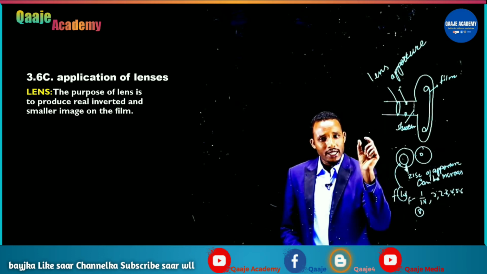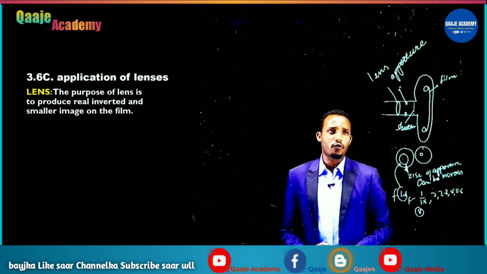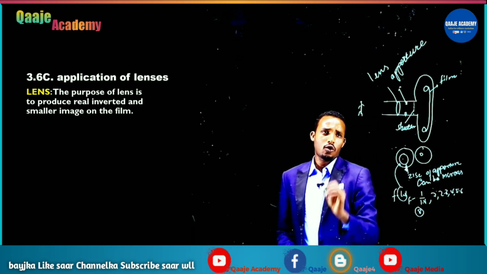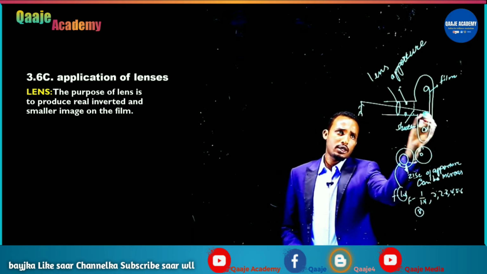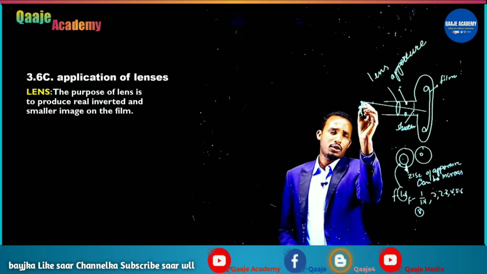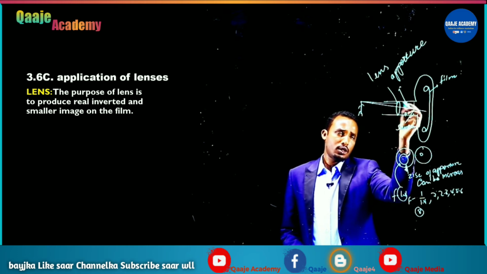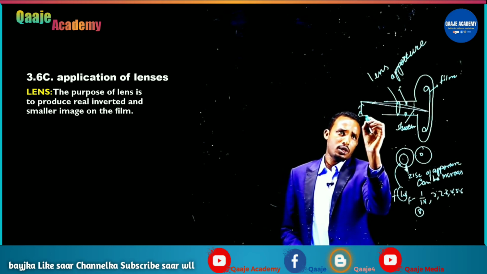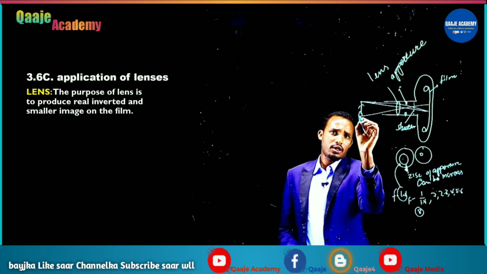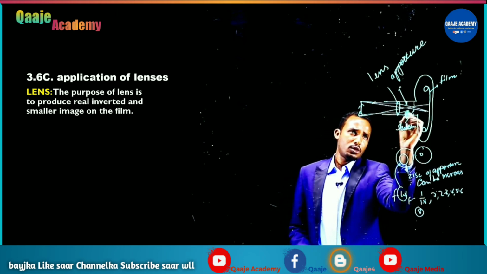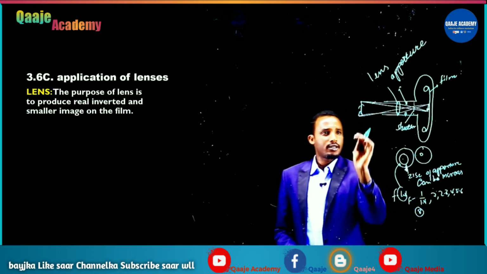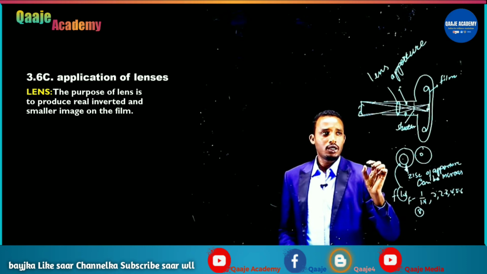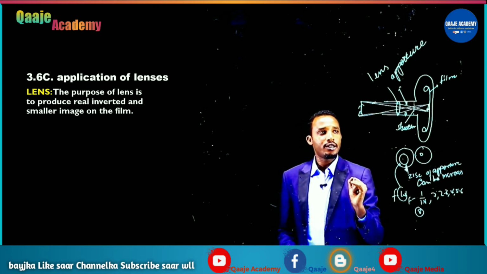Its purpose is to focus the image on the film. For example, suppose a person is standing there with a flag, and a ray of light comes from the center and passes through, and another comes and is bent. Another parallel ray also converges between them, so that the purpose of this lens is to converge rays onto the film and produce an inverted, smaller and real image